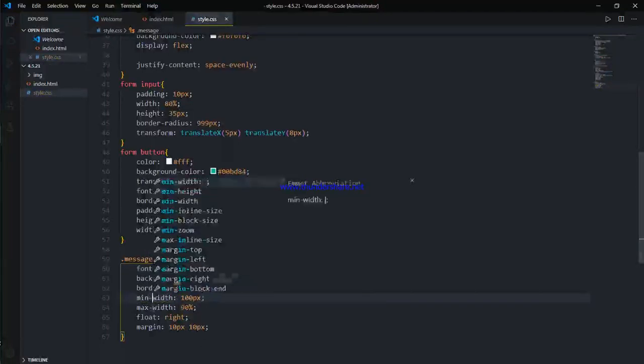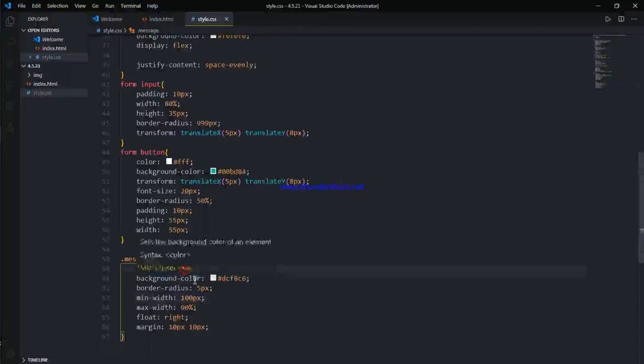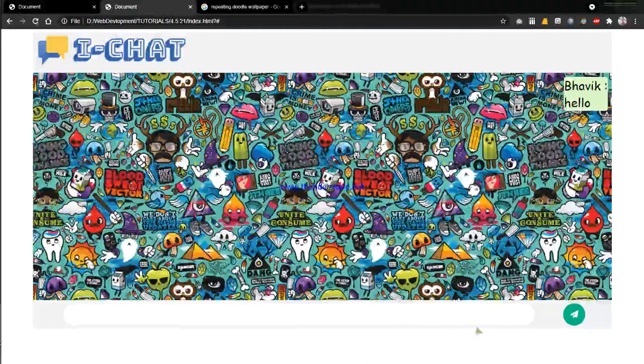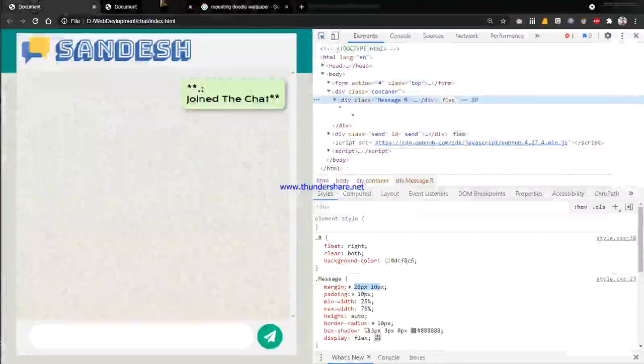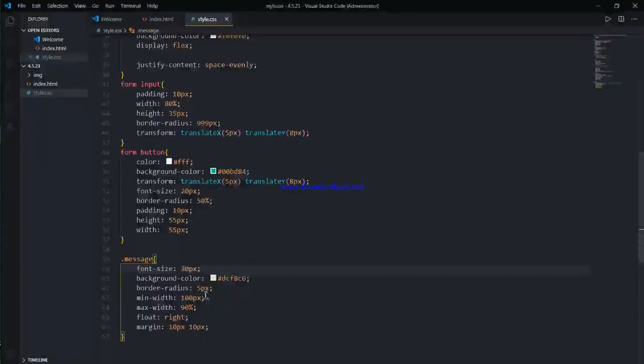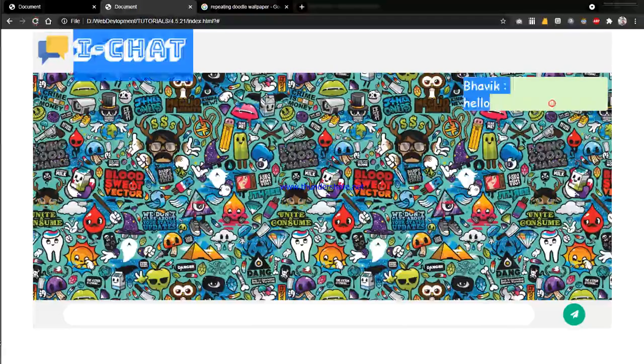Min height, min width, max width should be 90%. So minimum width, we can go like 25% should be minimum, and maximum should be 75%, and after 75% it should get to next line.